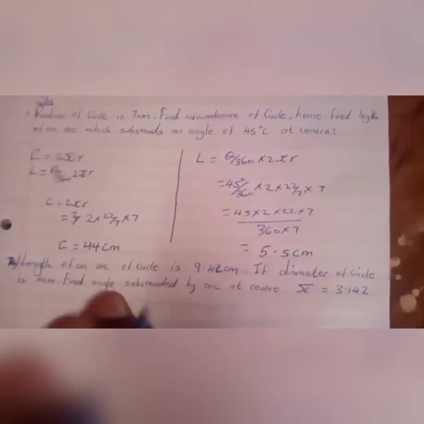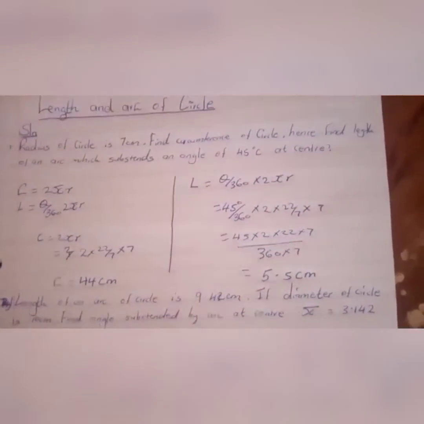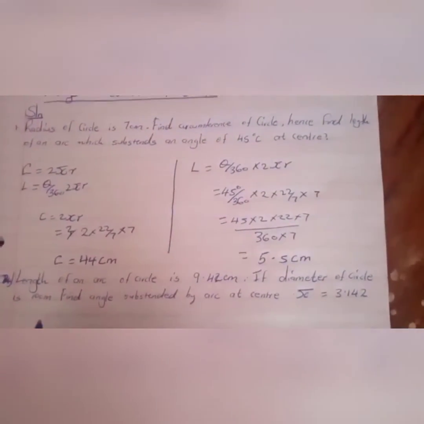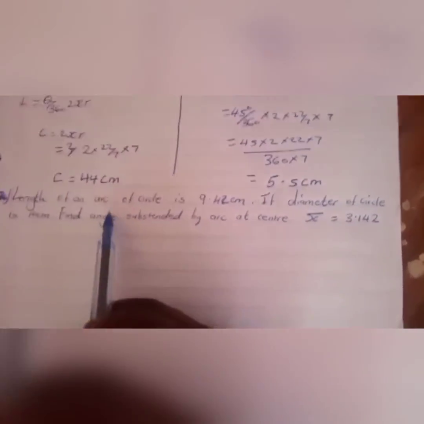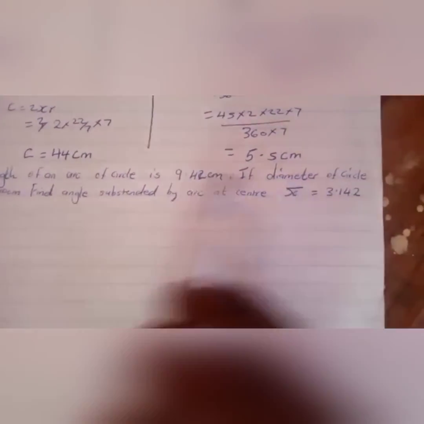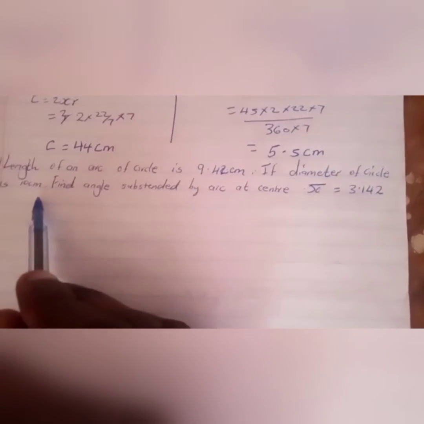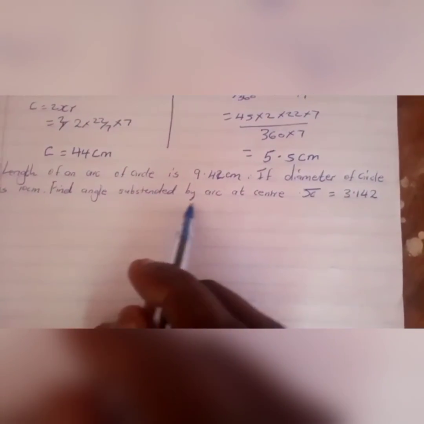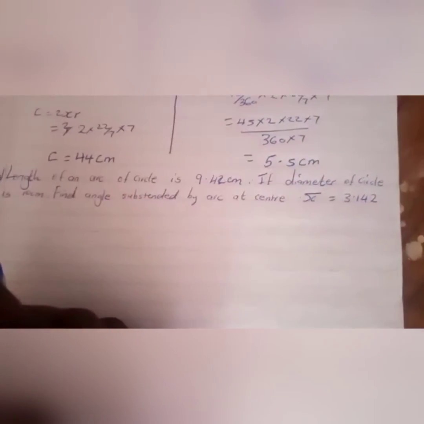That's how to find the length and the circumference. And then our next question is, length of an arc of a circle is 9.42 centimeter. If diameter of a circle is 10 centimeter, find angle subtended by the arc at the center. Pi we are given to